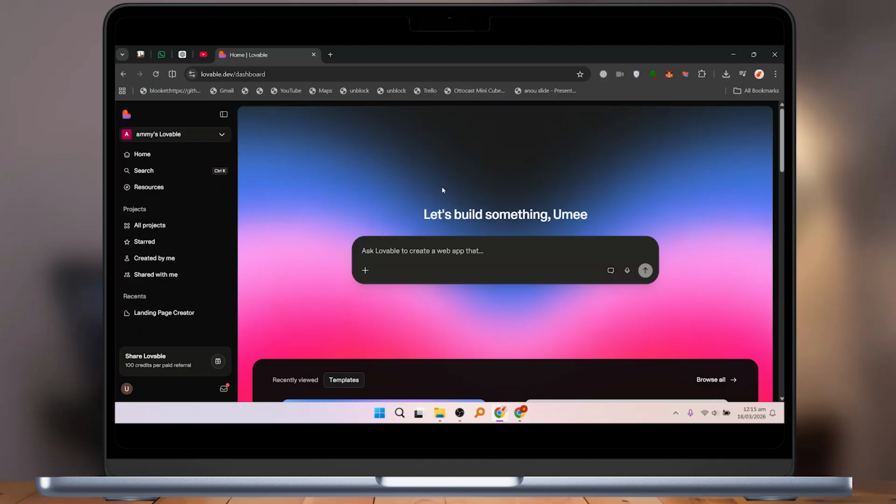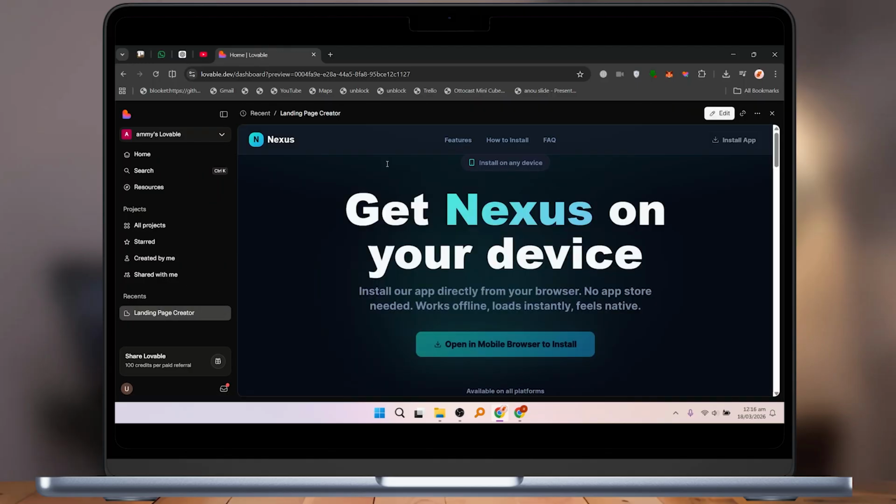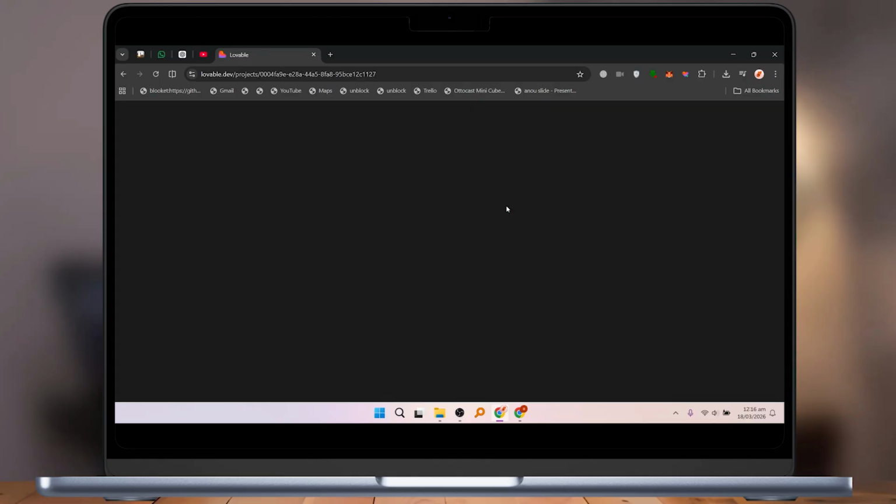First, open the Lovable website in your browser and make sure your project is already created and available in your dashboard. Now, from the left side, click on your project name to open it. Once the project loads, click on the Edit option from the top right corner so you can access and manage